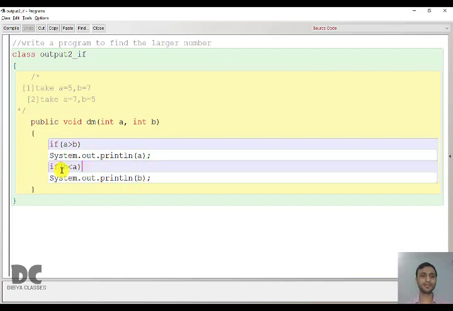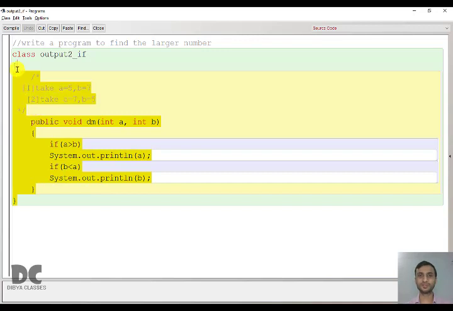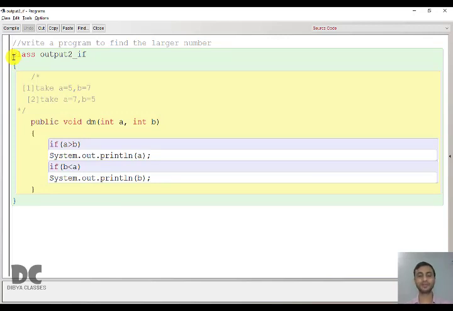Next, again we are comparing b less than a. If you look closely, it is a greater than b, the same thing. Here we are checking if a is greater than b, and here checking if b is smaller than a, which means both are the same. So don't go by the heading of the program. Here I have written that it is to find the larger number. This is actually not a program to find the larger number. Don't think that the program is wrong either. It is output based. In an output based question, you will not get errors. To find errors, you will get different programs. Here it is asking you to get the output. So this program is not wrong. It is completely correct. You have to find the output according to the question given.